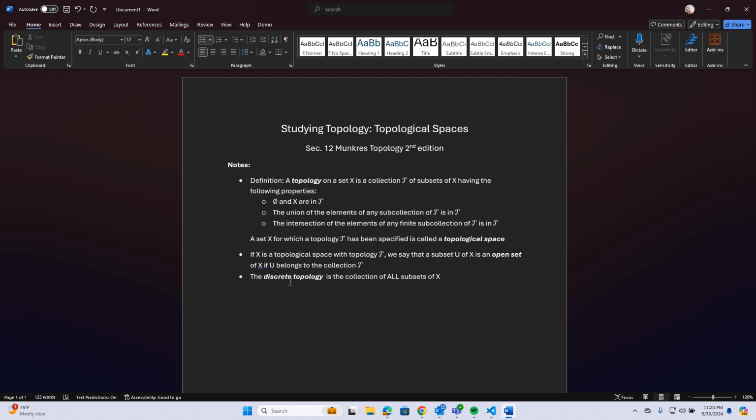Yep, so the discrete topology is the collection of all possible subsets of X. It's basically as deep as bulky as you can make a topology. Maybe not bulky is not the right word, because we're going to be talking about finer and coarser in just a second, but the trivial topology